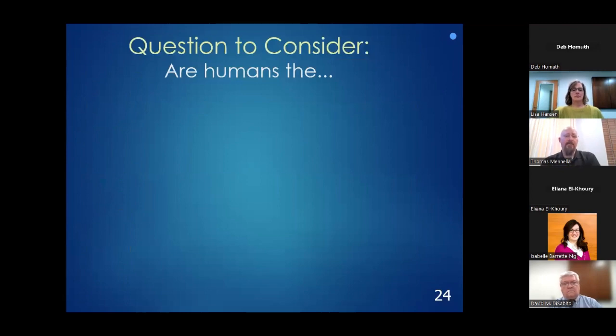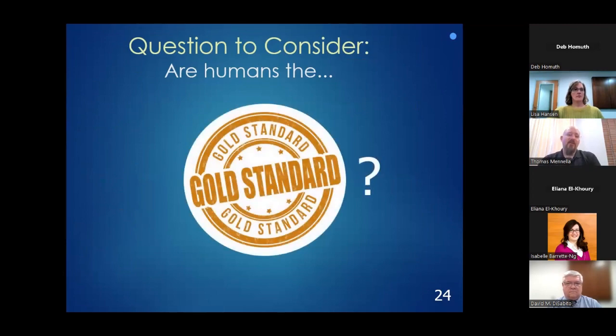Finally, to leave you with our last question, we spent a lot of time, as you can probably see, trying to align the generative AI results to what human scorers have already done. The homeostasis work and the animal behavior work that Saab presented were lab reports from my class. What's to say that the human score is the gold standard? It's quite possible that I am too lenient of a grader and the generative AI scores are actually more accurate. So as we continue to try to replicate human judgment, we also have to question whether or not the human assessor is actually giving the most unbiased assessment possible. It's quite possible that the generative AI is doing a better job and we need to align to it.